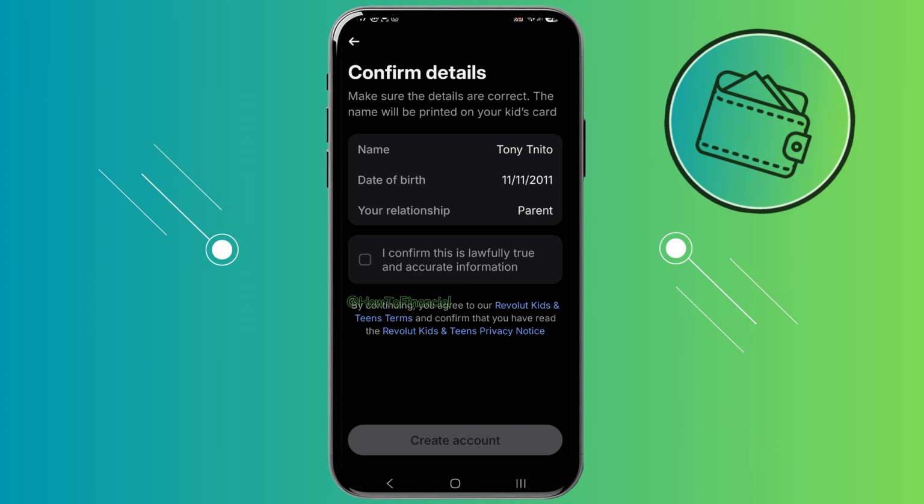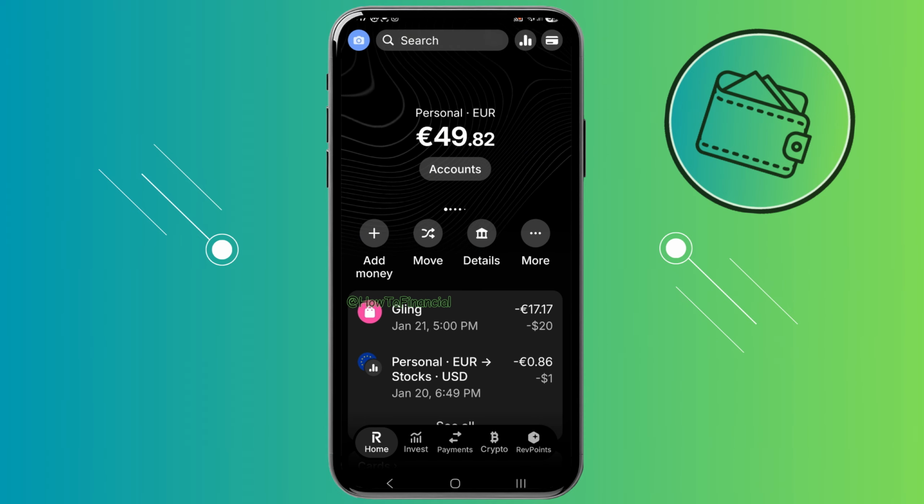And then you just need to confirm the legitimacy of this information. So you do that by just tapping I confirm that this is true information. And then lastly, you would just need to tap on create account right here. And essentially guys, that's how you can create and set up Revolut teens or under 18 account for your child